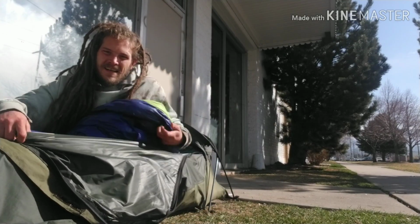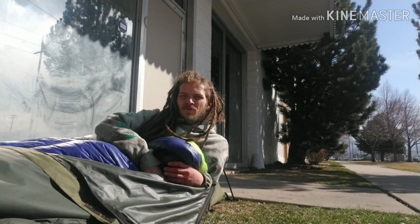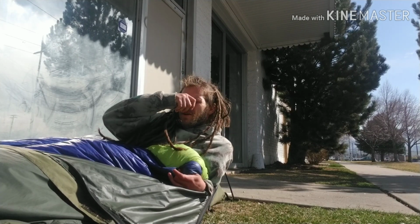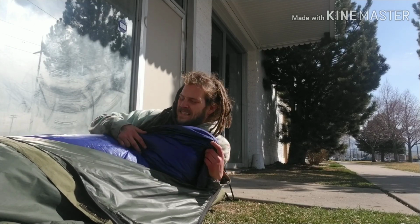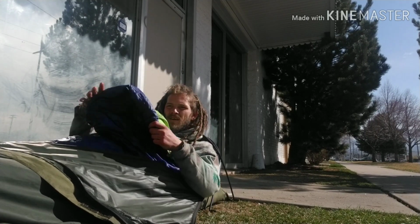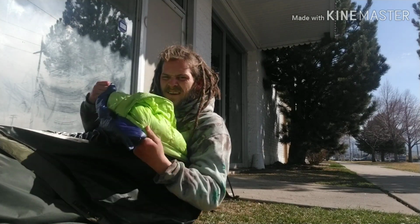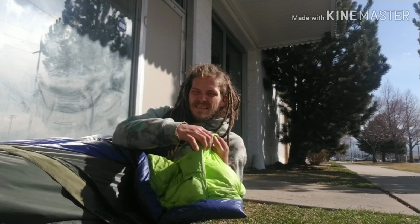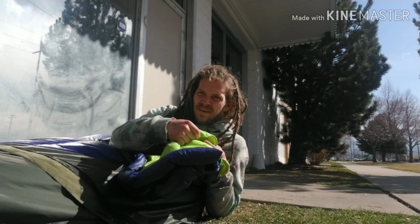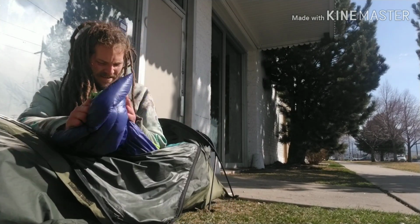So, it's been a couple days. That was two nights ago when I washed my sleeping bag, and so I've slept in it twice since then. I'm pretty happy. It's very lofty. I don't see the dirt and stuff that was on the collar. Very bright. This green in here is nice and bright, and this collar area did have some dirt, and it was kind of getting dark, and the colors were real dull, so the colors are bright again, and